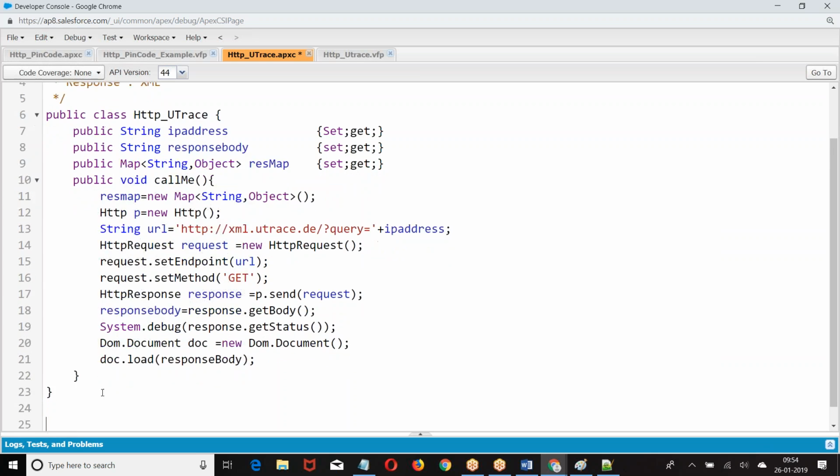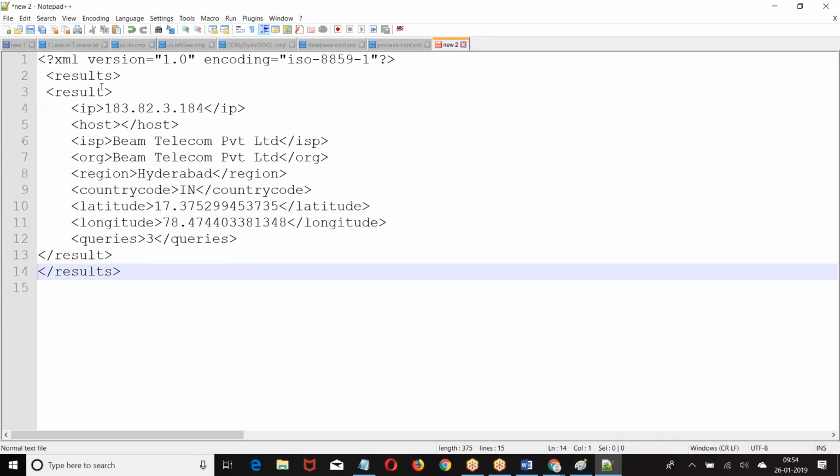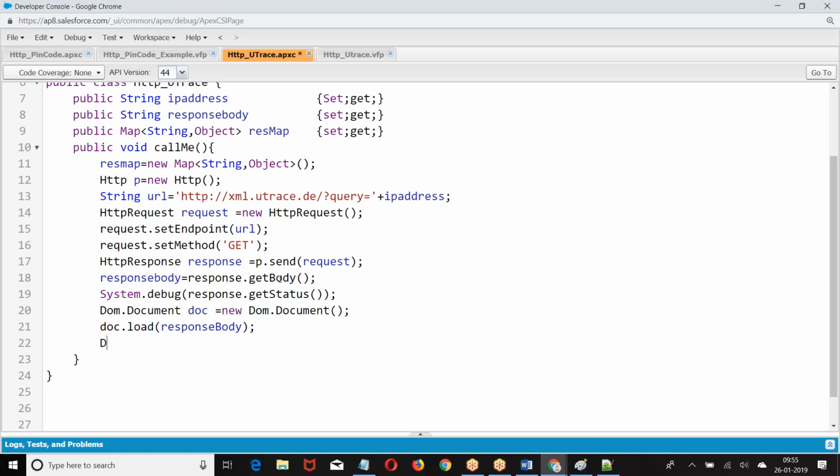Then we are supposed to take, what is the first element we received? Results, result. Get the root element.